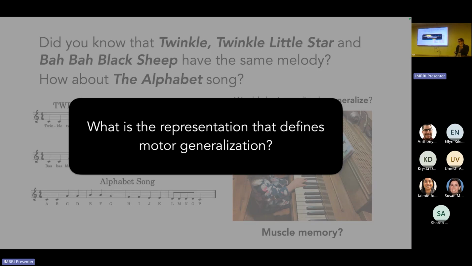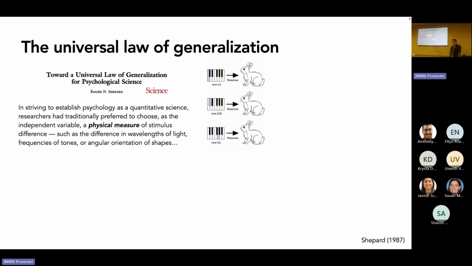Okay. Now, generalization, Roger Shepard put forth, should be the first law of psychology. And what people were doing beforehand, in 1987, was looking at associative learning and doing a classical conditioning task and training a rabbit. Here's the note C, it gets an air puff. And then they would change the note to, say, C sharp or G and see if the animal shows the conditioned response. Did it generalize from C to G?